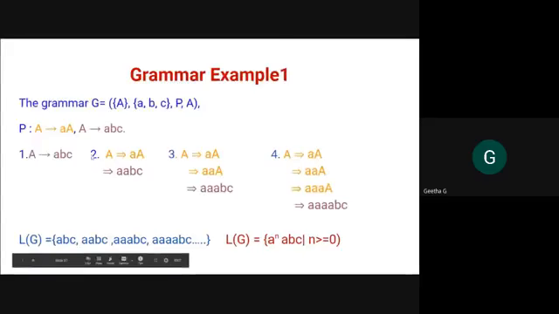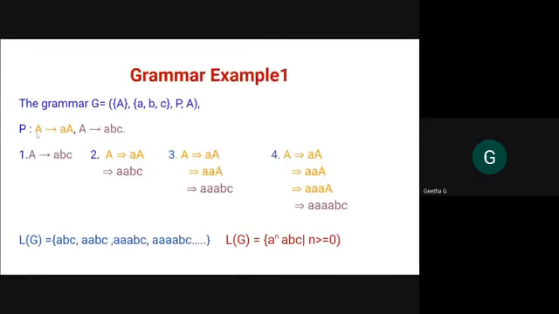And the second string, see here how I am going about it. I am going to start with the start symbol A. Same A, right? And I can replace it with either aA or abc. Anything I can replace, it is my option. We had already seen examples of how to derive it. So I replaced this A with aA, using the first production rule, so I had given it a color. Usually here R1 has to be there. Above the arrow, you have to write rule 1, to show you have derived that A, right? Like that you have to write.